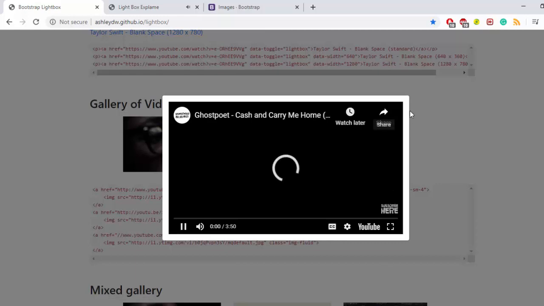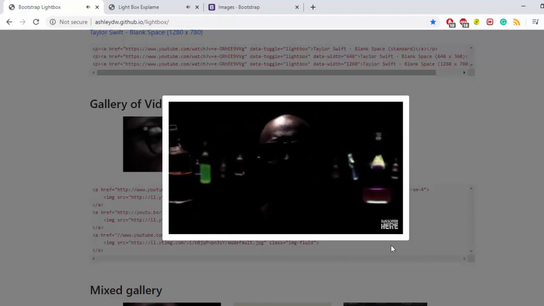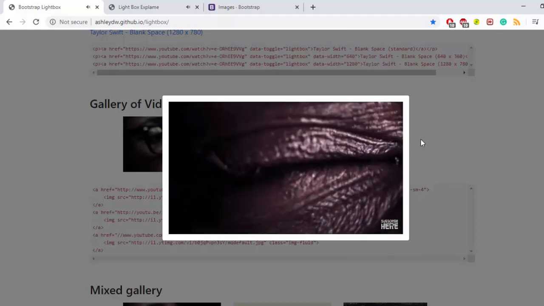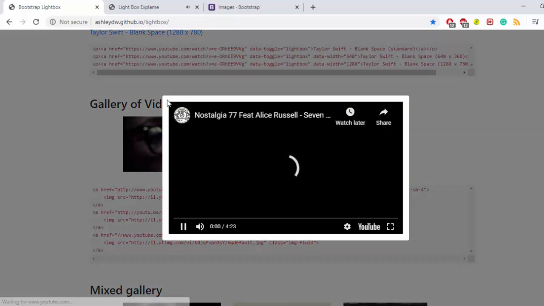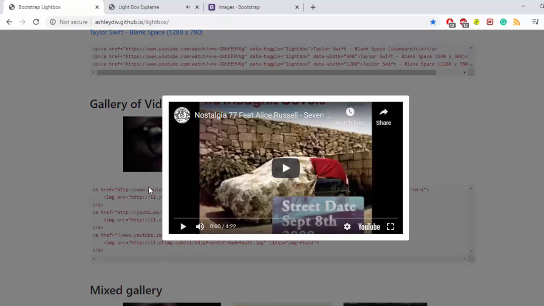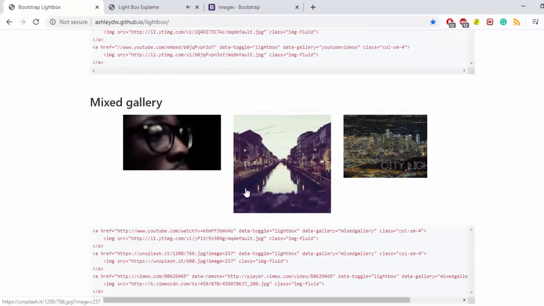Here also they have not received any gallery kind of thing. I hope something might happen. So video gallery, it's nothing but video gallery.